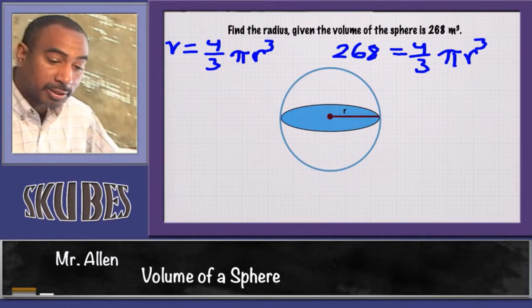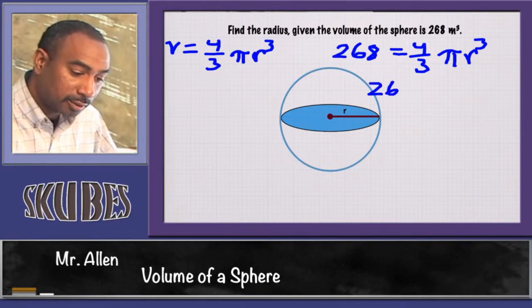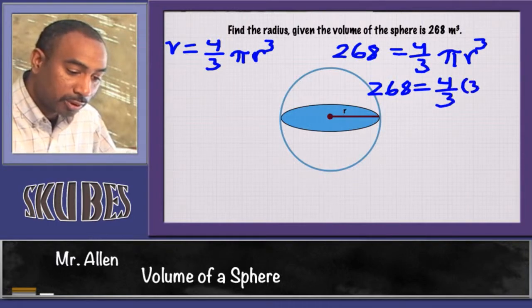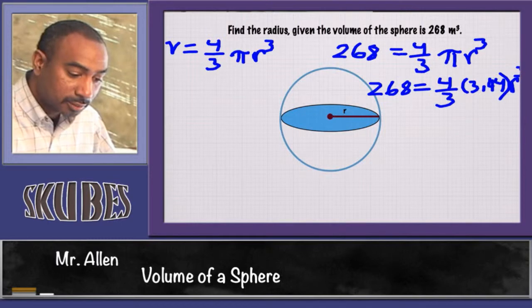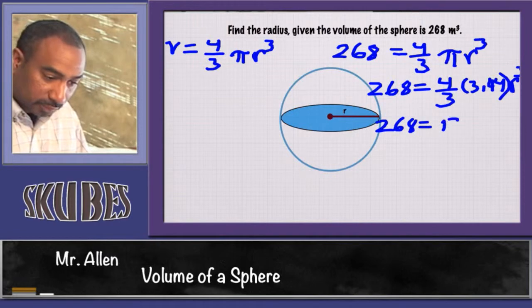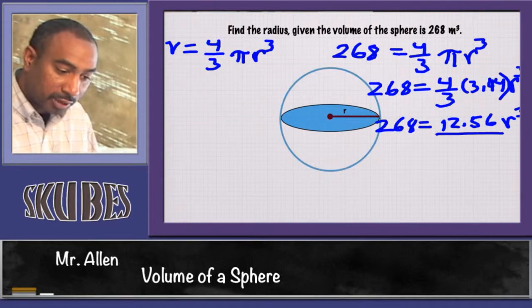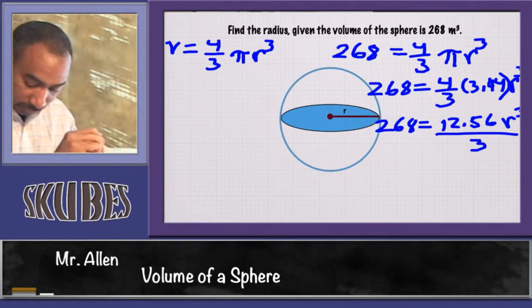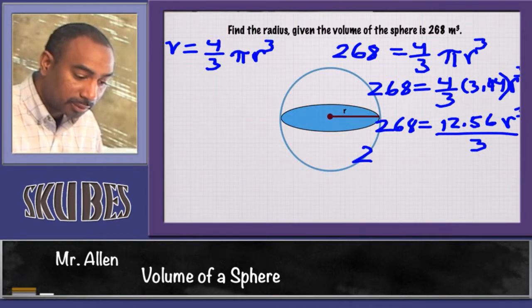In this case, you want to use the approximation of pi to be 3.14. So you get 268 equals 4/3 times 3.14 radius cubed. All right, when you simplify this, you get 268 equals 12.56 times the radius cubed divided by 3. And when you divide that by 3, you're going to wind up with